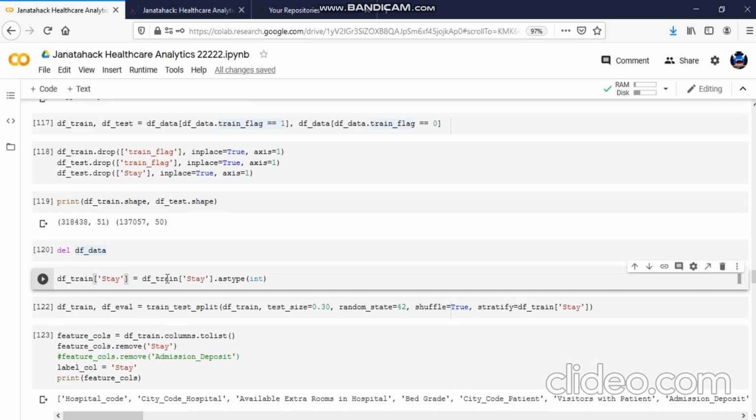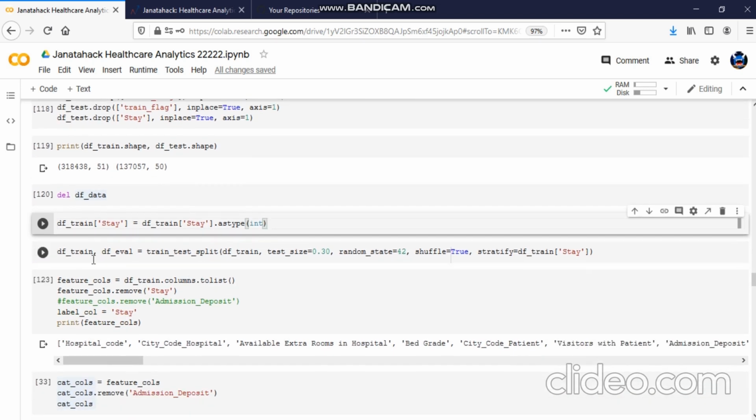And here, as you had seen above, the stay column was of object data type, so here I'm converting it into integer data type. Okay, so here using train_test_split I have split the data into a training set and an evaluation set, and I've kept shuffle as true, and I've given stratify equal to the dependent column. Okay,